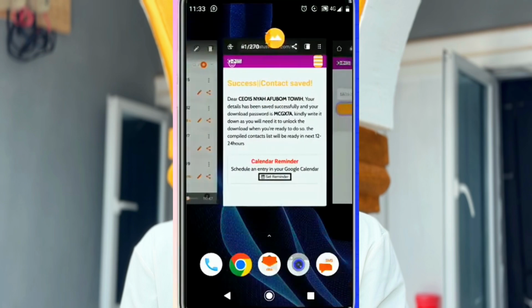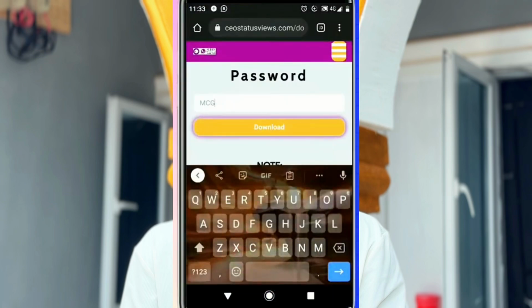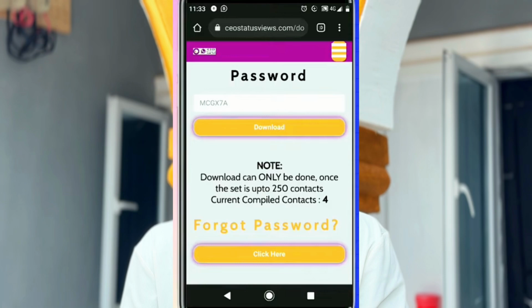MCG X7A. As you have put this password like that, guys, make sure you don't forget this password. As this password is here, once you hit download,